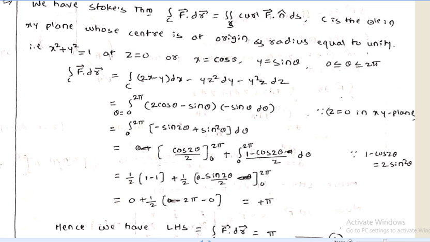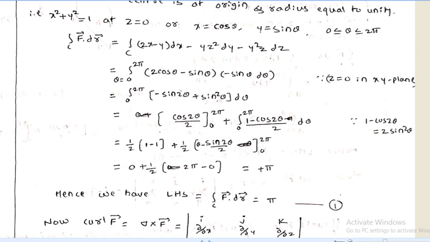Before integrating sin square theta, we express it using 1 minus cos 2 theta equal to 2 sin square theta, or sin square theta equal to 1 minus cos 2 theta divided by 2. By applying this formula, we express sin square theta as (1 minus cos 2 theta) divided by 2 into d theta. Now the integration of 1 d theta is theta minus the integration of cos 2 theta, which is sin 2 theta divided by 2, and take this 1 by 2 outside, over the interval 0 to 2 pi.